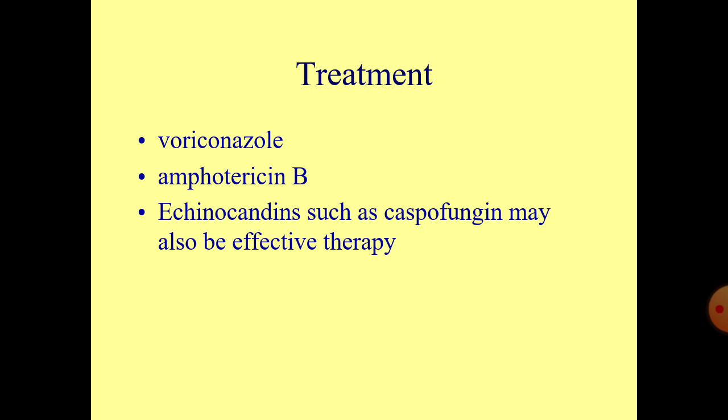indirect tests, as we said, galactomannan, and other tests like beta-1,3-glucan, which, of course, we mentioned with Candida, but it is not a specific test for Candida or Aspergillus, although it has high sensitivity. So beta-1,3-glucan detected in the serum can detect, as we said, other types of fungal infection in addition to Aspergillus. Treatment. The first drug of choice is voriconazole,